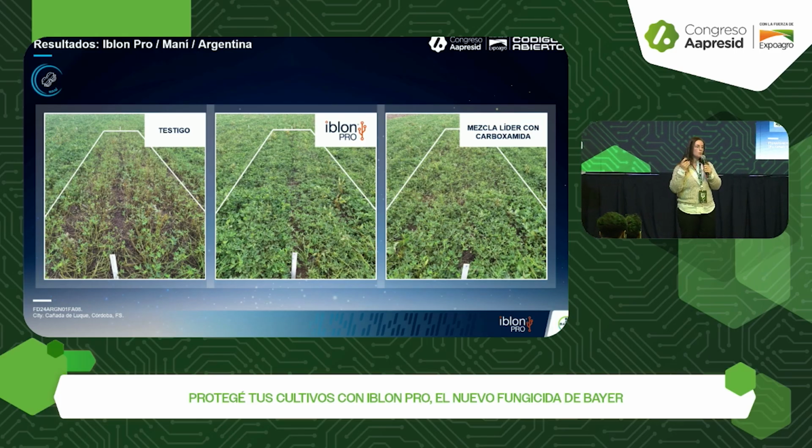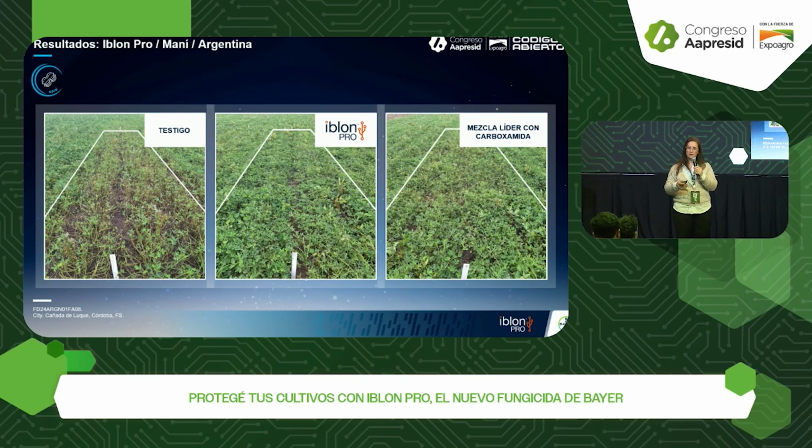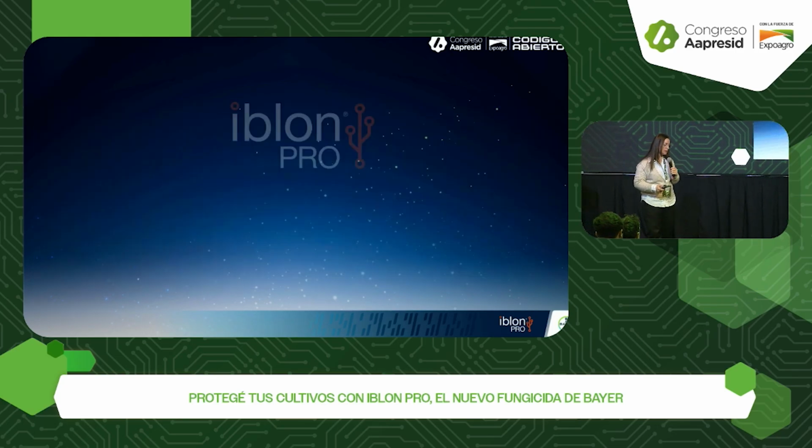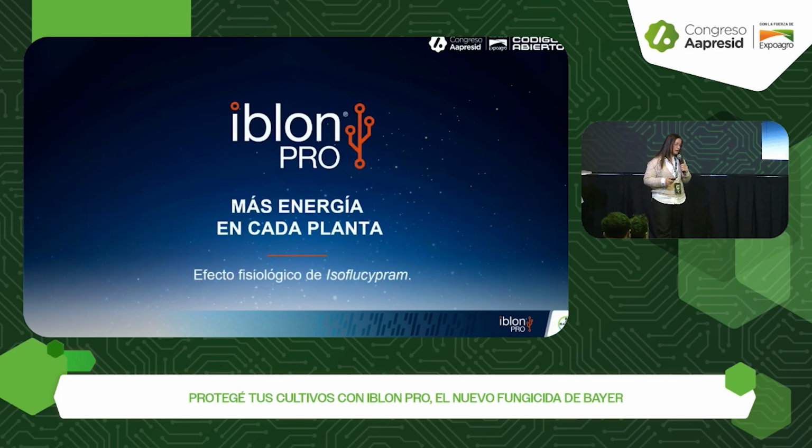Basically, what we see here is a high impact on yield, and I will share this information with you now. The third pillar, which is also very important because it's related to that green effect, is related to the energy each plant has. And you may wonder how you measure whether a plant has more or less energy, or how we can realize that this third pillar is present